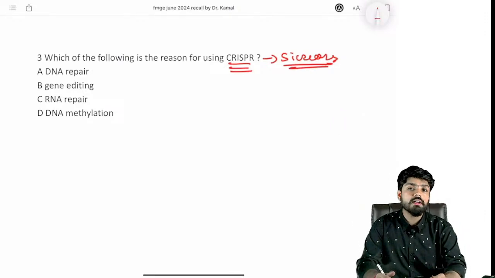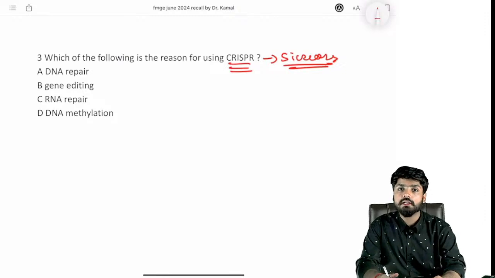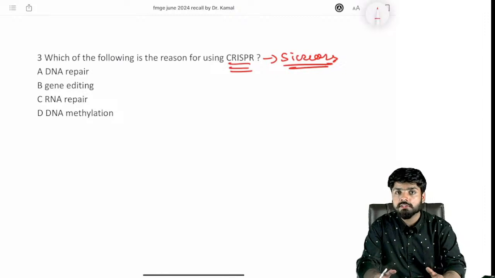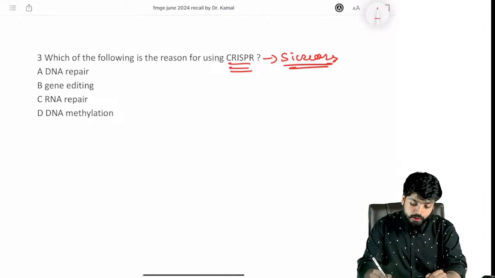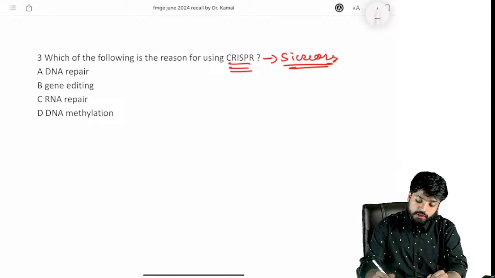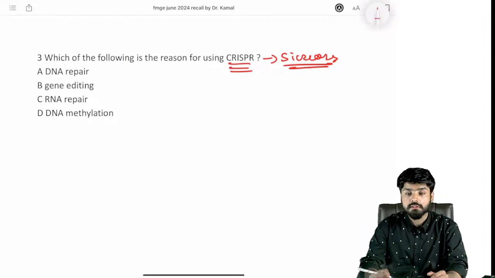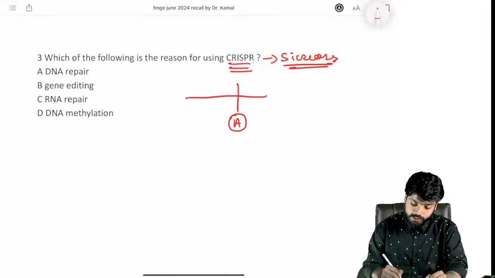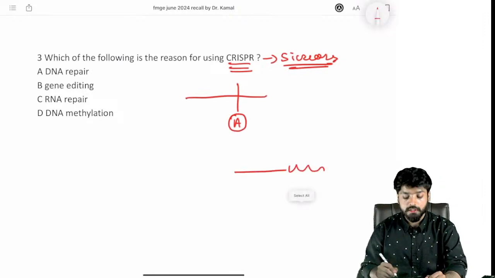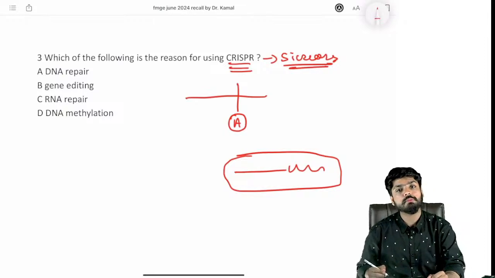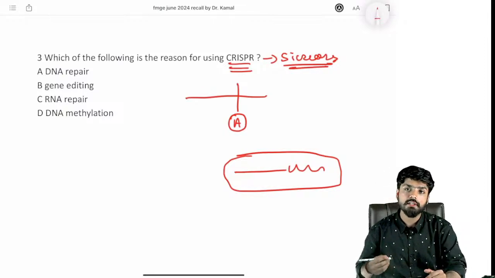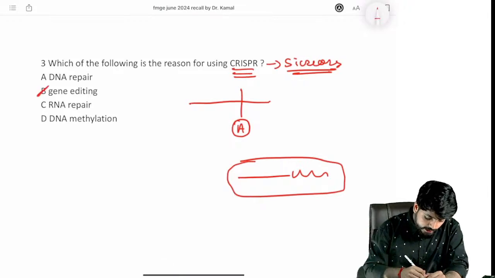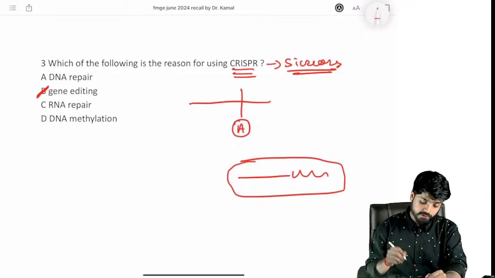Earlier, to modify a gene, we had to replicate it, multiply it in laboratory settings many times, and then we used to get the desirable gene that we require. But now, after developing the CRISPR technology, we can simply use these molecular scissors. It cuts a gene at a specific location that we require, and then attaches it to the other part, and the resulting DNA or genetic material is made in a very fast and efficient manner. So the reason for using CRISPR is gene editing. We edit genes with the help of CRISPR.